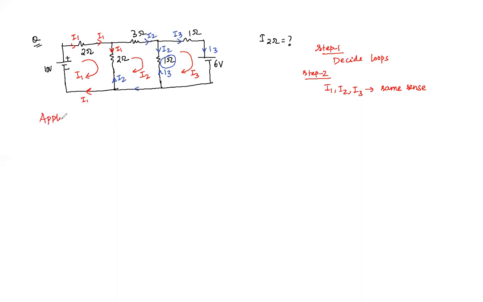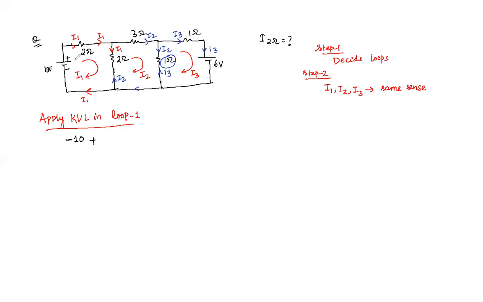So let's apply KVL in loop 1. We already know that if you go from negative to positive, you used to write plus. You can do it by that method, but I recommend one thing that is going to be super easy: when you move from negative to positive, take it as minus 10. You can also take plus 10. In that case, you write minus 2 times I1. Here only one sign you have to check: negative to positive means negative, and all other things are going to be positive. That's why it is going to be super easy for you.